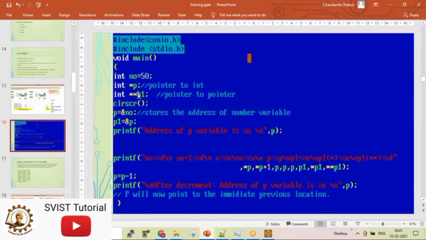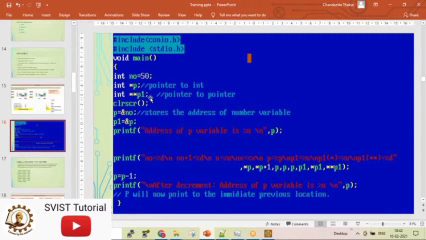What is a double pointer? Inside a double pointer you will be copying the address of a single pointer. See, P is a single pointer here, so P can store the address of a normal variable, a normal integer. But for the address of a pointer variable, what will you do? You will take a double pointer.